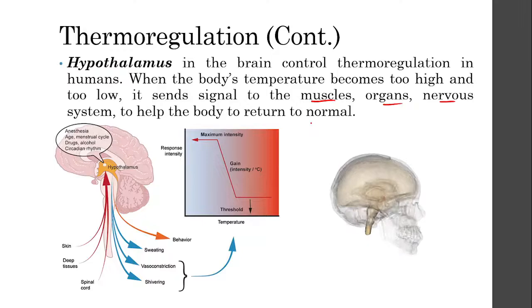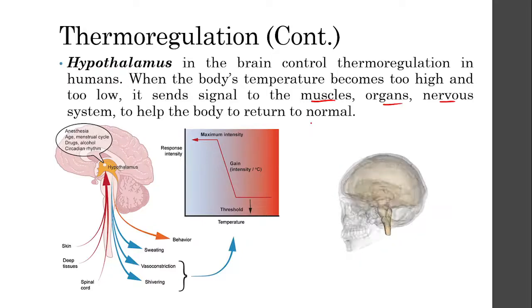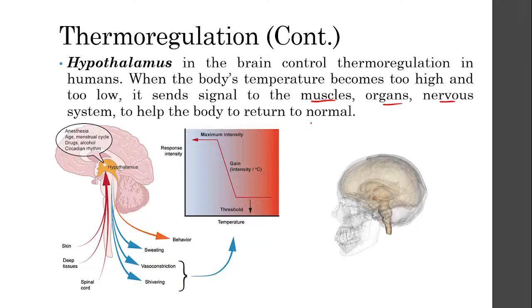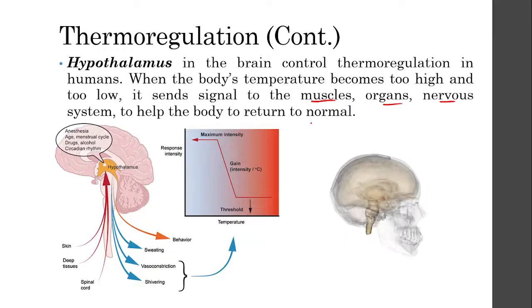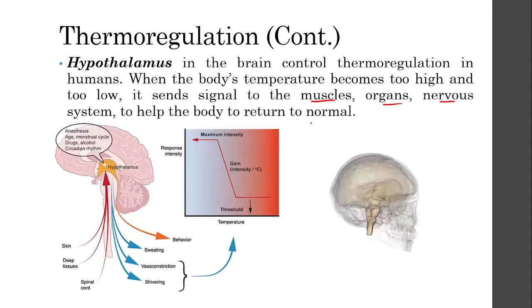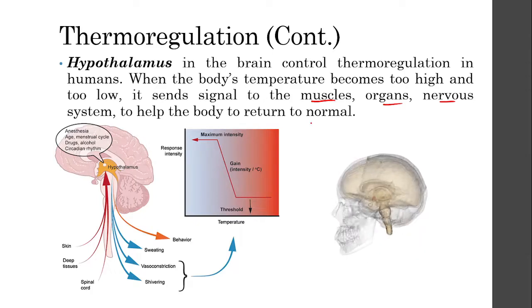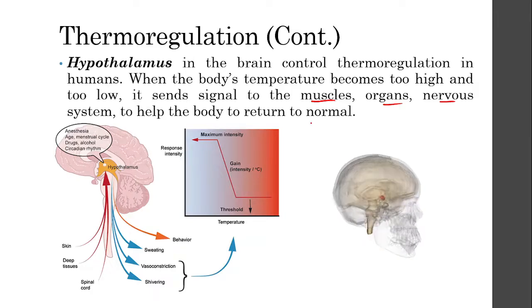And the hypothalamus does this via, for example, vasodilation and vasoconstriction. So kapag sobrang nilalamig ka, ang gagawin ng hypothalamus, marireceive niya yung signal, sasabihin niya, oh, it's too cold. So the hypothalamus would signal your nervous system to signal your blood vessels to vasodilate. And when your vessels vasodilate, there's an increased flow of blood under your skin, which then warms your skin, which warms up your body.